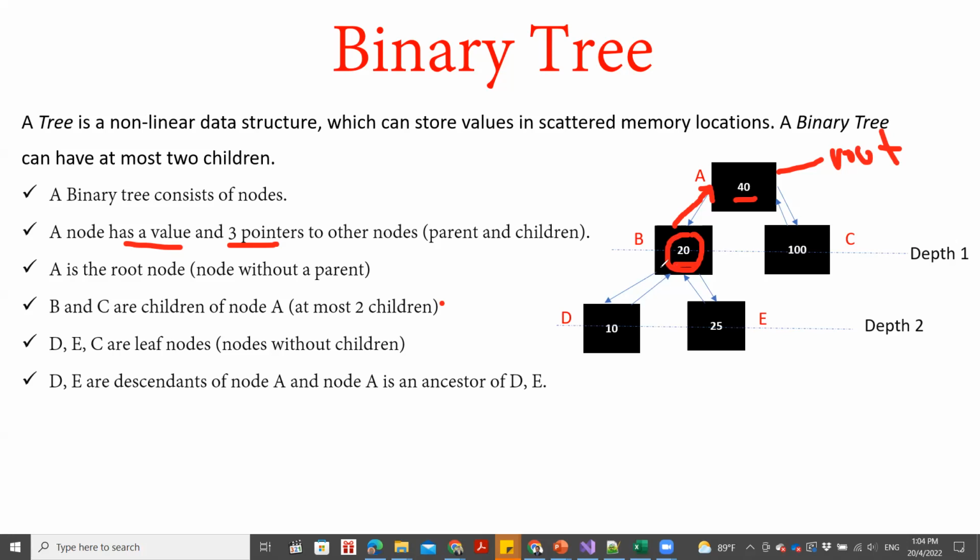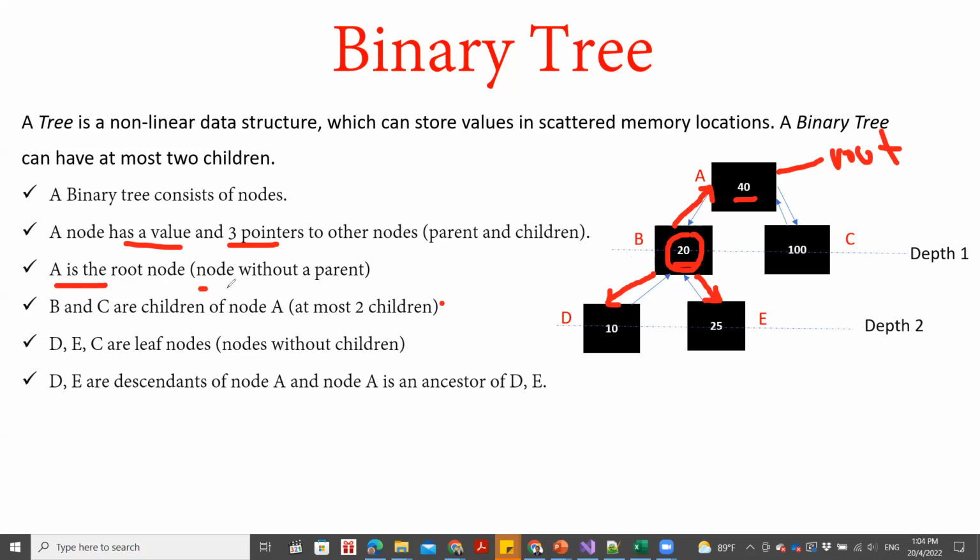And now in this example, this node has 2 children, right? So this is one, this is one. So these are the 3 links each node has. One goes for the parent, the other 2 go for the children, right? One left child, one right child. So this is called the left, this is called the right. So yeah, A is the root node, and the definition of root node